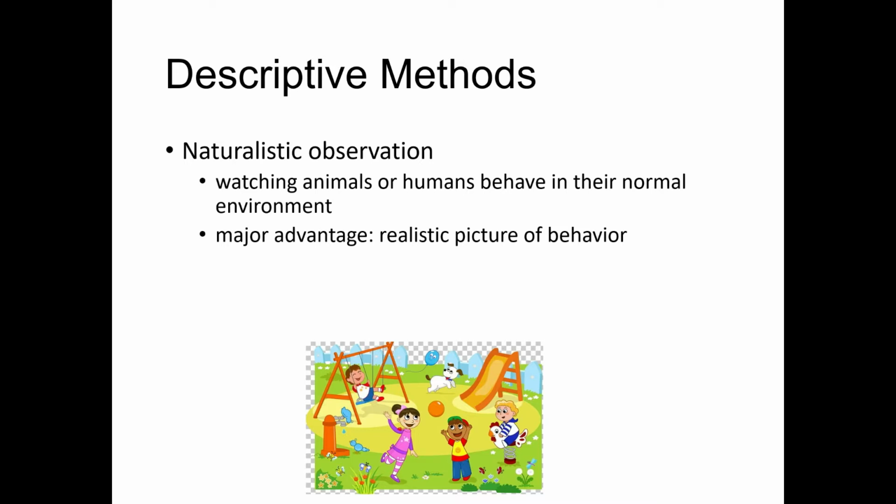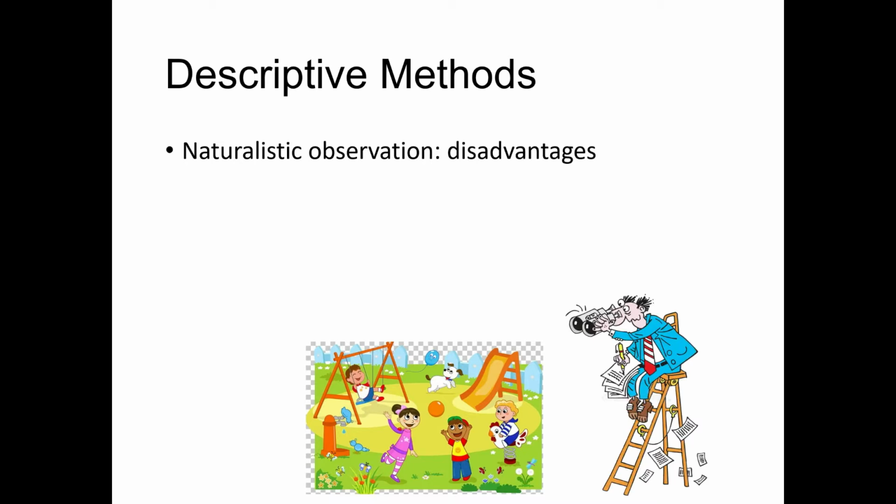So there are many different ways to collect data. And one way is to observe animals or humans in their normal environment. As a result, this is called naturalistic observation. So if we are interested in examining how often children engage in aggressive behavior when they are playing with peers, we might go to a park and observe their behaviors. Because we are observing in their normal environment, we can get a pretty realistic picture of the behavior. However,